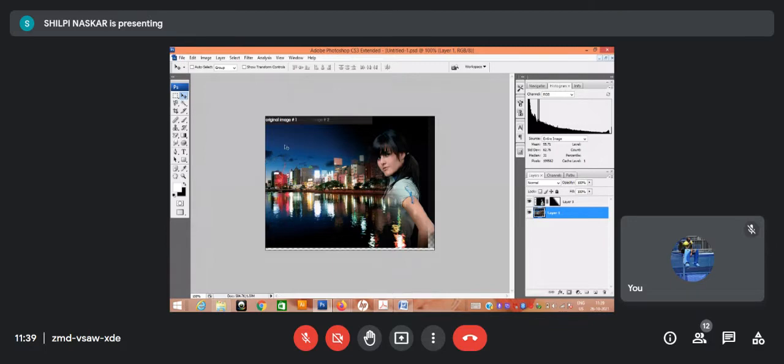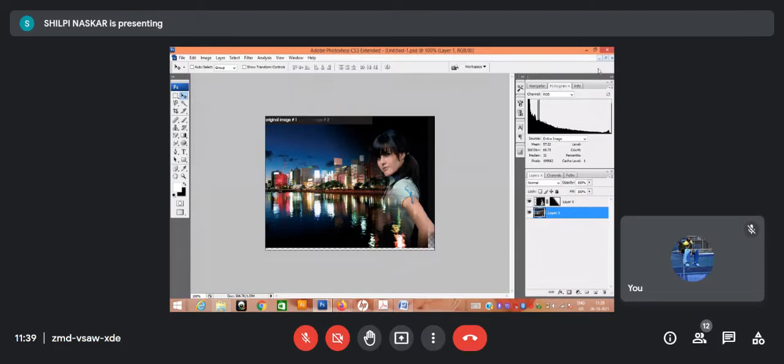So thereby you have masked original image 1 and original image 2, one onto another. But see one thing: at the layer palette, the original top layer is intact. It is just linked with a layer mask to get this kind of output. You can unlink it anytime and you can delete this one. So you are basically masking one onto another.